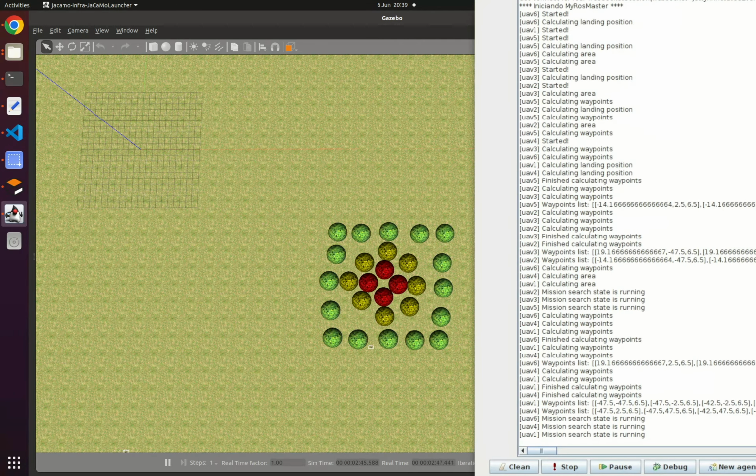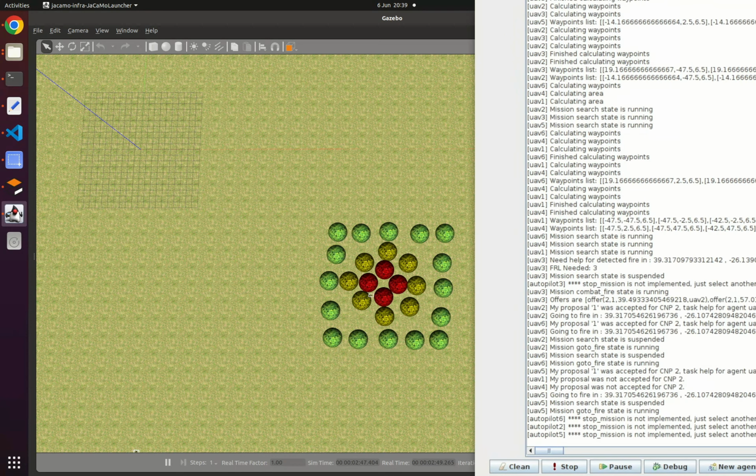When it finds the fire, it pauses the search in progress. It then perceives that the size of the fire is 4, too big for it to handle by itself. For this reason, the agent starts a contract net protocol to determine which are the best agents to help in